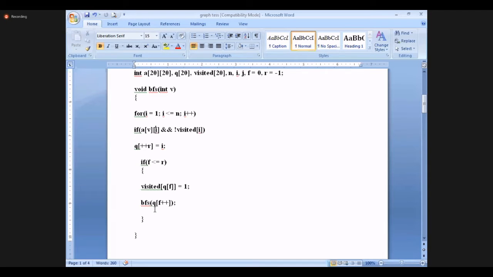And then once it is completed, we will call again the same BFS function with the next node. So once it is 0, 1, and from 0 it will complete whatever nodes are possible.